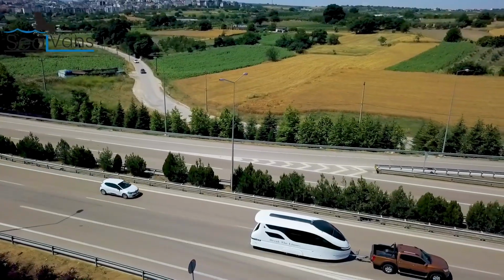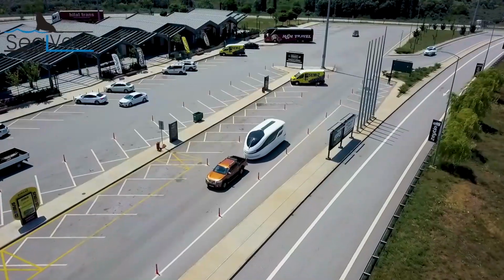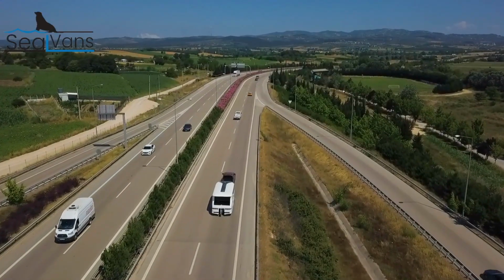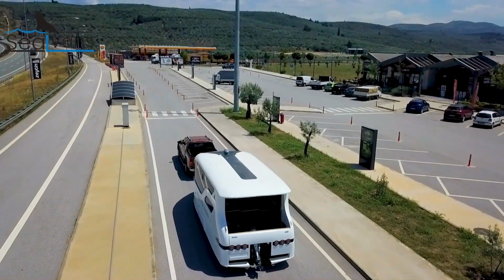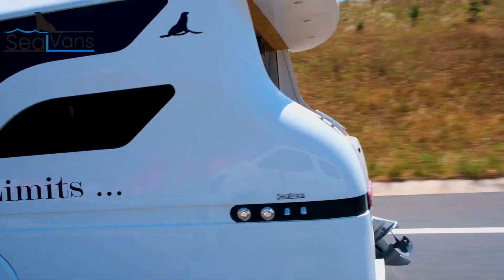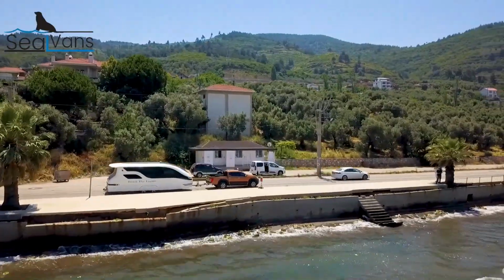Turkish startup SeaLVans has launched 2 innovative amphibious caravan models that combine the features of a boat and a traditional caravan. After successfully creating a series of prototypes last year, the company is now releasing its camper boat versions onto the European market. Known as the Seal 4.20 meters and Seal 7.50 meters, these amphibious vehicles are a unique solution